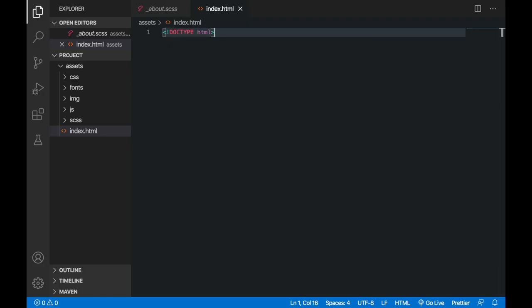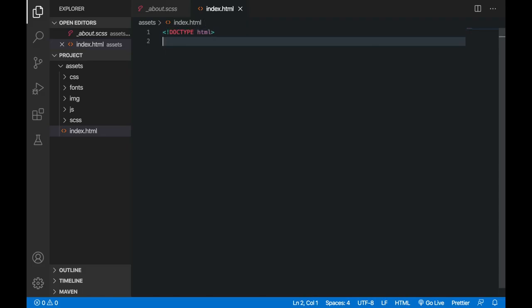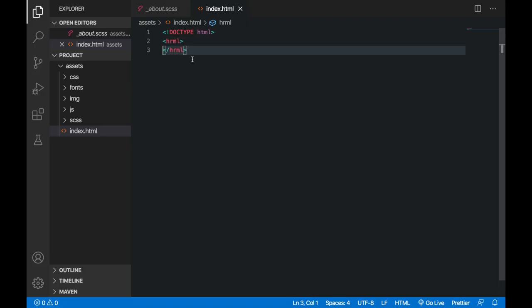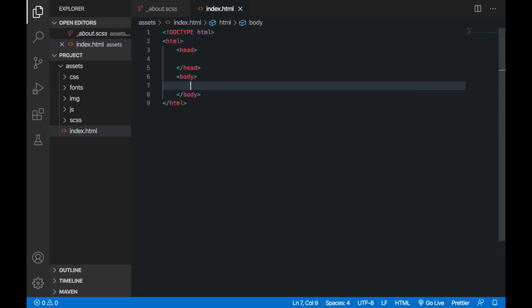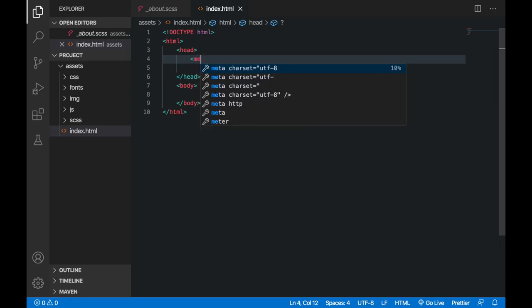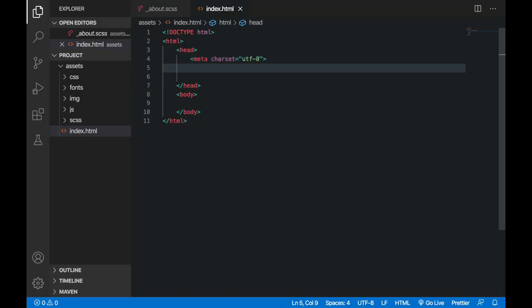So the first thing you need to write is doctype HTML to declare the version of HTML that you are using here. Then write this HTML tag, sorry, it should be HTML, okay? So HTML, and inside this just make the two sections, head and body. And after this, inside head you are going to write first of all a metadata, okay, declaring the charset UTF-8, okay? So here we are using charset UTF-8, and then after this I'm going to give it a title.